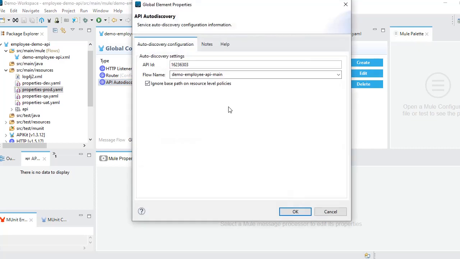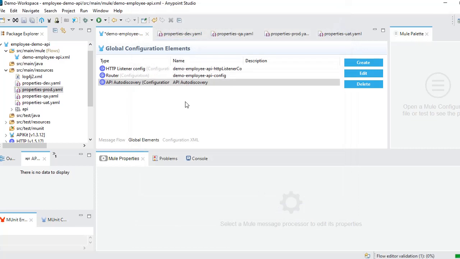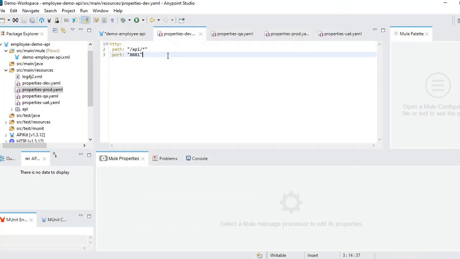For now we have only these two properties, and we have one more property. If you remember the auto discovery, this is also hard coded, so we can remove it from here. We can give a name like api.id. We need to configure this in our property file as well, with the same name. What we have given is api.id, right?